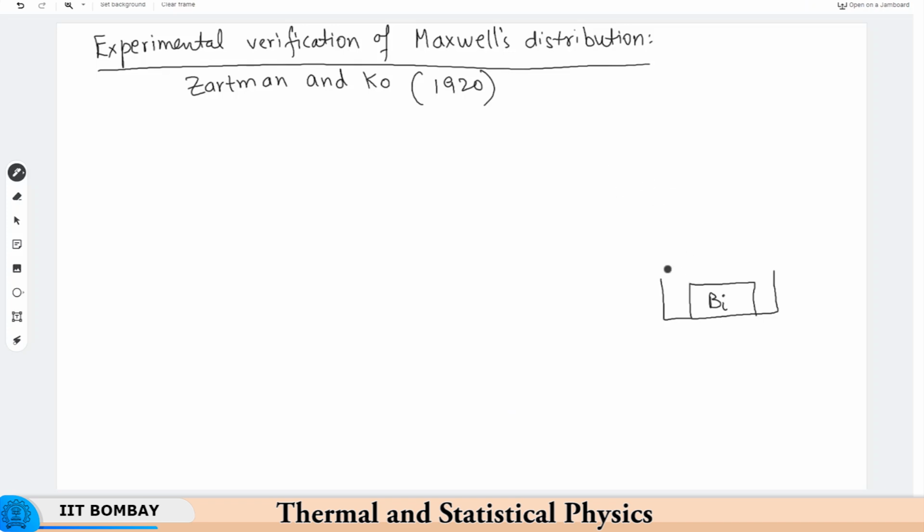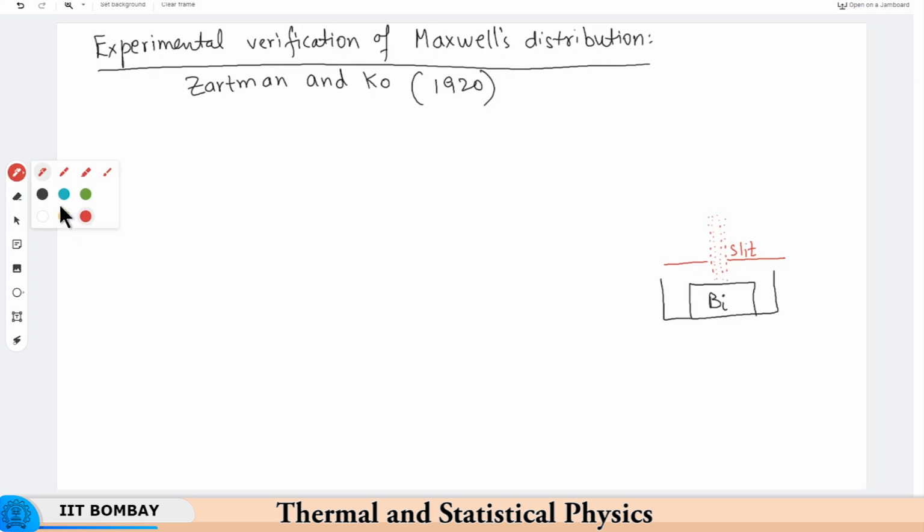And they added a slit. Since this bismuth is heated a little bit and it is sublimating, these bismuth molecules are in gaseous form and they are sublimating out of this bismuth metal,